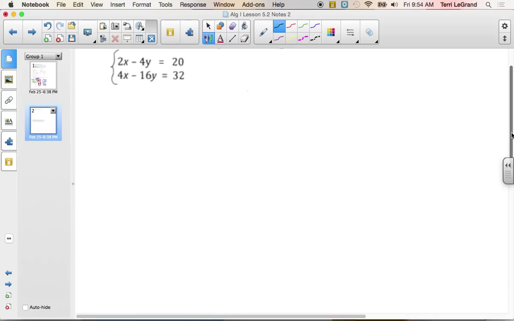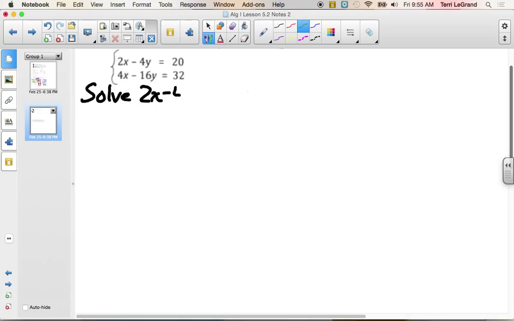We could solve the first equation for x. We could solve the first equation for y. We could solve the second equation for x. We could solve the second equation for y. Okay, I'll take your suggestions. Anybody want to offer up a suggestion? Which one we should do? Abby? First one for x. First one for x. Okay, so let's solve